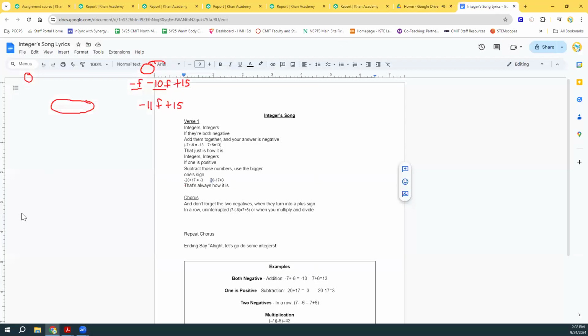Integers in the field living room. Integers, if they're both negative, add them together and your answer is negative. That's just how it is. Integers, if one is positive, subtract those numbers in the bigger one sign. That's always how it is. And don't forget